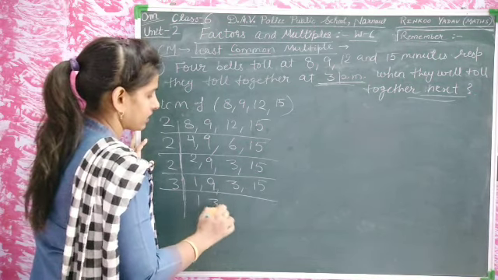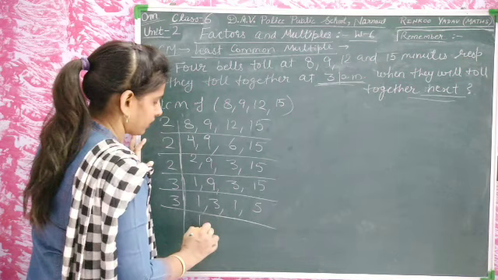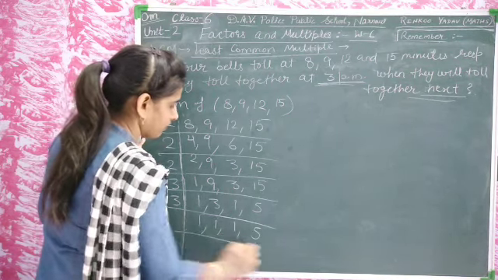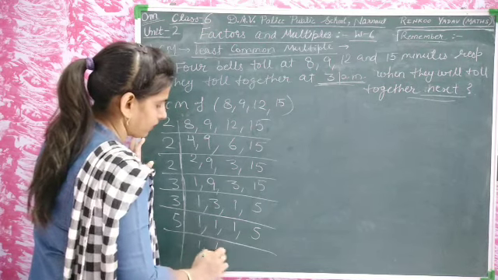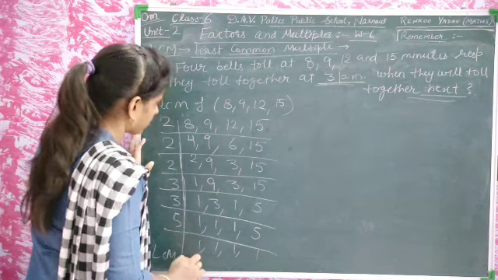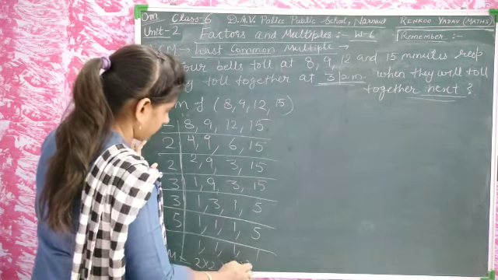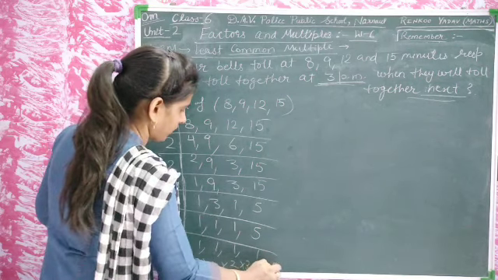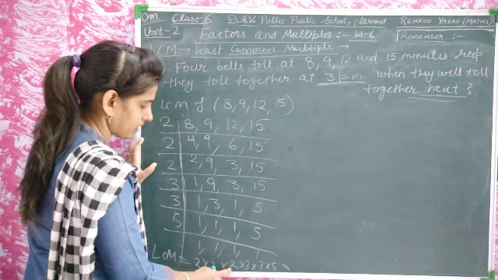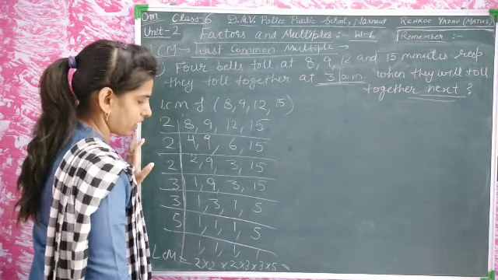3 ones are 3, 3 threes are 9. 3 ones are 3, 3 fives are 15. Now it will be divided by 3. 3 ones are 3, 3 ones are 3. It is not divided by 3. Now it will be divided by 5. 5 ones are 5. So LCM of these numbers is 2 into 2 into 2 into 3 into 3 into 5. 3 fives are 15, 15 twos are 30. And 2 twos are 4, 4 threes are 12, and 12 threes are